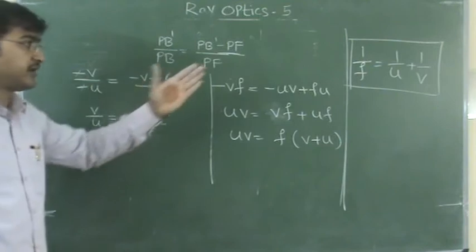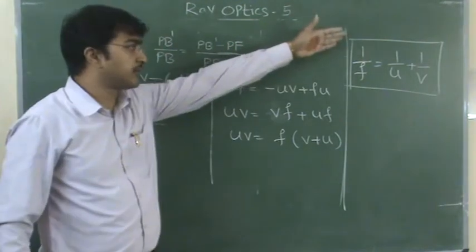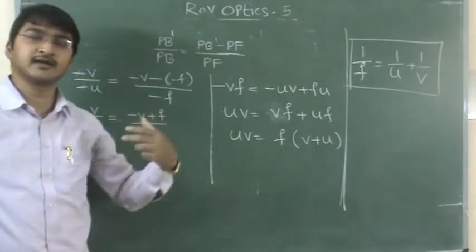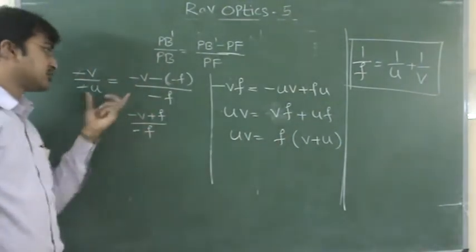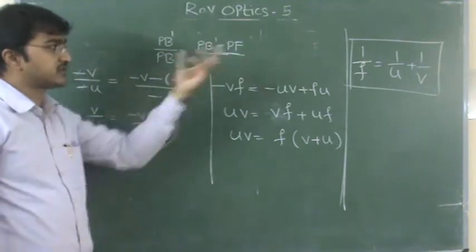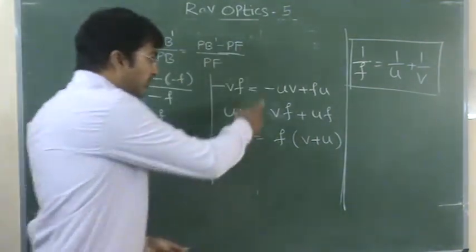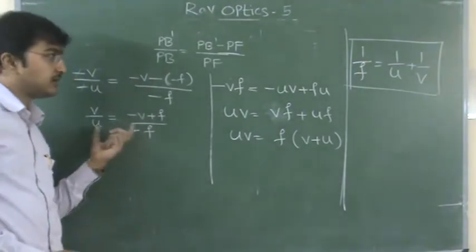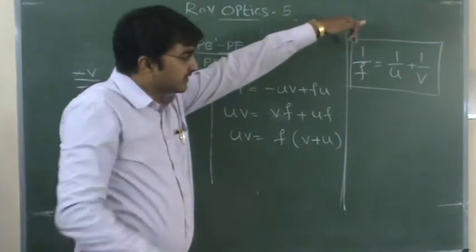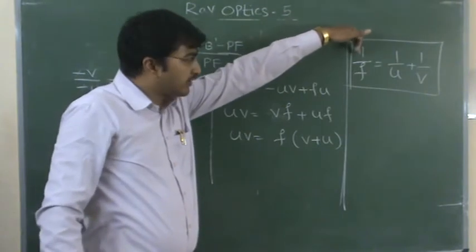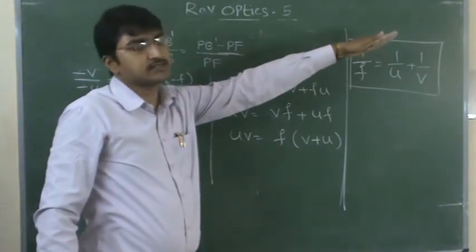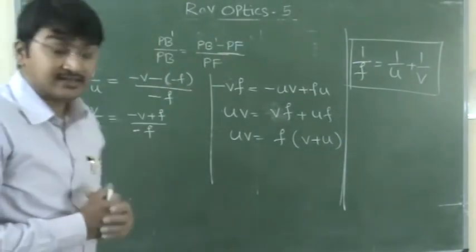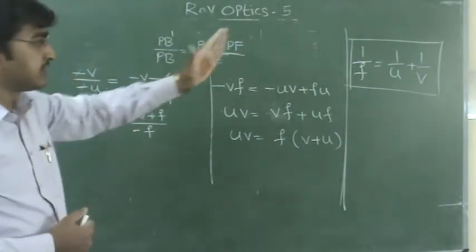Okay. So finally you will get the equation like that, 1 by f is equal to 1 by u plus 1 by v. In the textbook NCERT, they will mention up to here and then directly give the equation, so actually there is no need to derive this part. Our aim here is 1 by f is equal to 1 by u plus 1 by v. So this is the mirror equation.